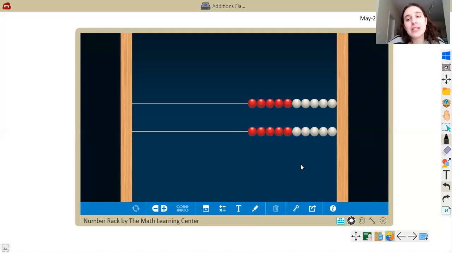So scholars, the first thing we are going to do to help us count using the Rekenrek, we are going to count by ones. And as we count by ones, I'm going to move a bead over to the left side, and that will represent the number we are counting. So let's go ahead and get started. Remember, we are counting by ones. So